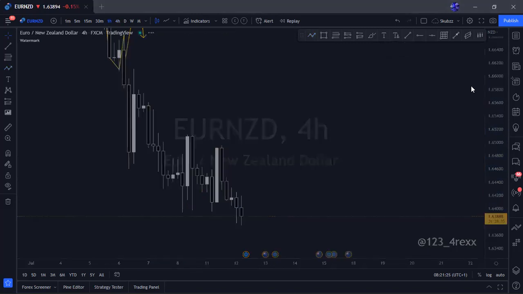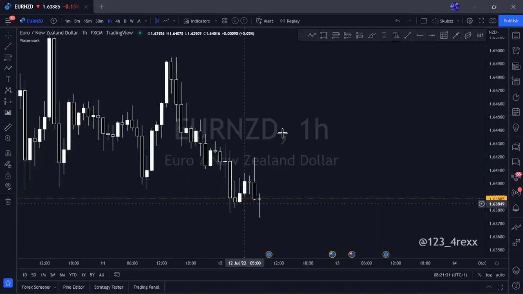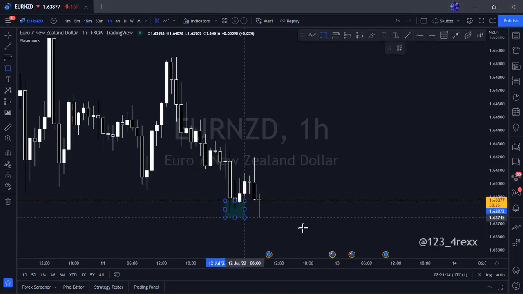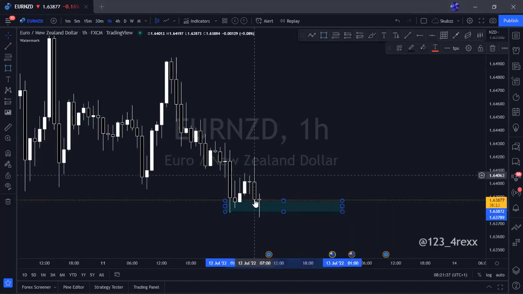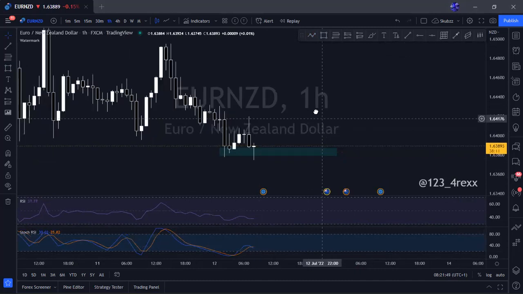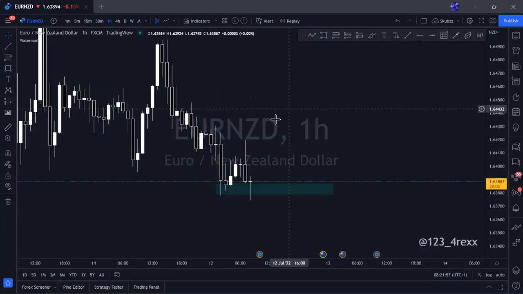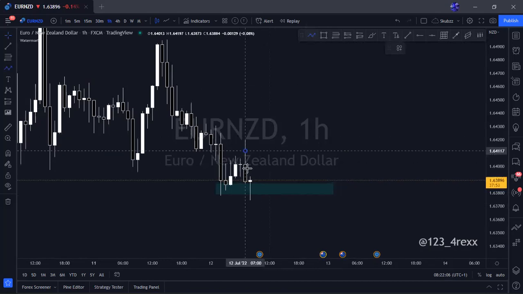So if you take a look at the 1H now, what do we have? We have price tapping into these lows and rejecting. But then we have a very massive, let me check my RSI. It's an RSI divergence. I don't have to call this one RSI divergence, but RSI is looking very strong, like it's going to sell. Honestly, this is a cross pair, so it's still very, very tricky. To be on the safer side, wait for that clear break and the